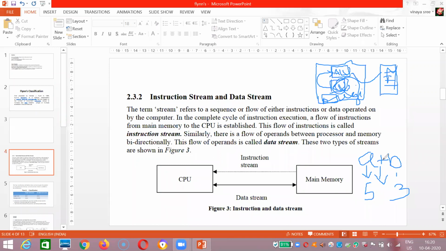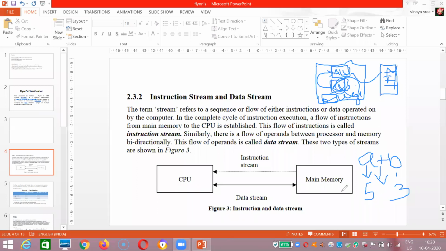Already we studied, the instruction is of how many partitions? Instruction format, there will be 3. What are those 3? Opcode, address, mode. Opcode is for what operation it is performing, whether it is doing addition, subtraction, multiplication, and operands, and mode, whether it is direct mode or indirect mode, everything will be specified, right? So by seeing this, it will get what operation it has to perform, so correspondingly it will send to ALU.